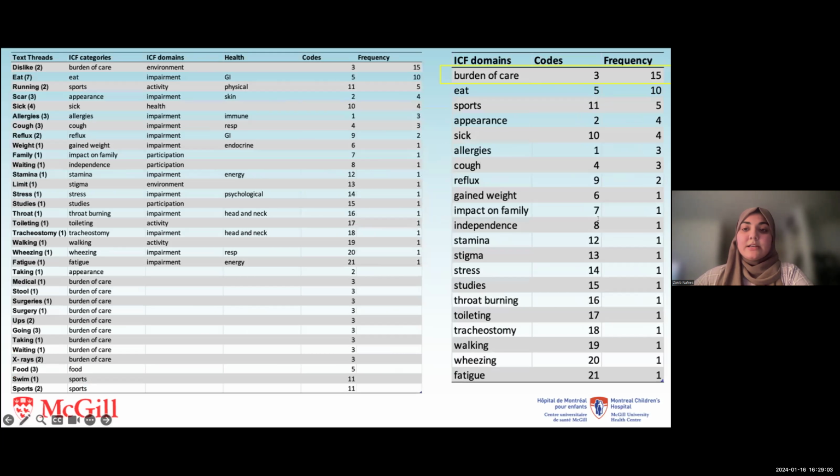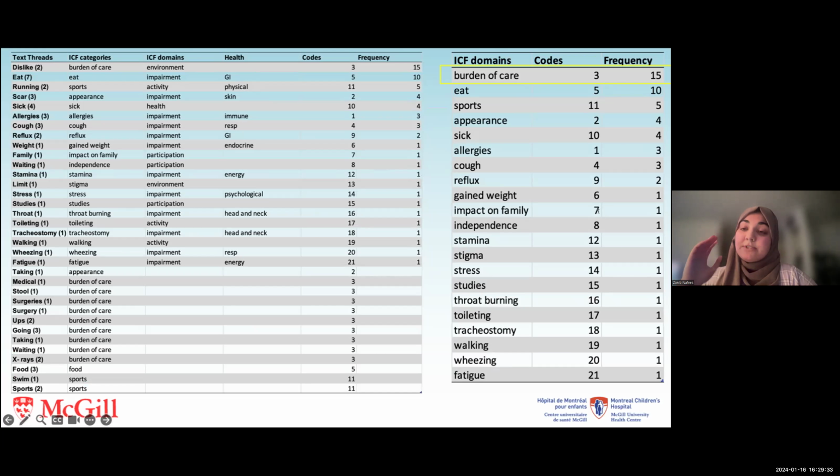So on the left-hand side, I have the topics sorted, and on the right-hand side, I have the topics' frequency. So the PGI involved the identification of 20 distinct topics from 17 interviews condensed into 59 text threads, with a predominant focus on impairment levels, particularly GI concerns. And so weight gain emerged as a prominent topic, sparking discussions on potential links to inactivity, treatment modalities, or medication side effects.